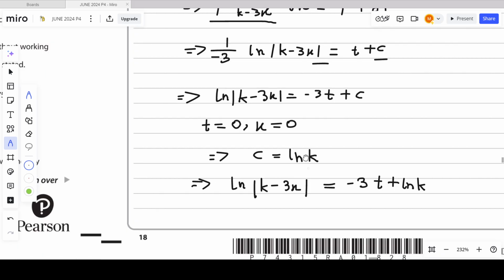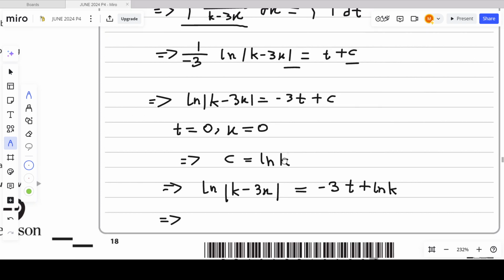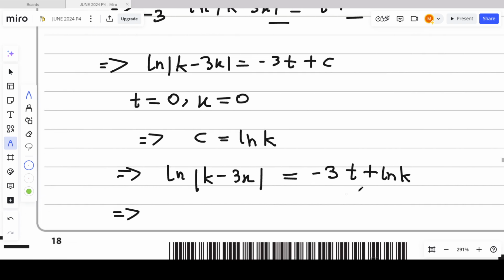Okay, now what we have to do, we can take ln k minus 3x right there. So we need to make x the subject from there. So take ln k on the left side. If you take ln k on the left side, here it is k minus 3x, here you can see ln k. Since they will be in subtraction, use the laws of logarithm. Using the laws of logarithm, we can write ln |k minus 3x over k|